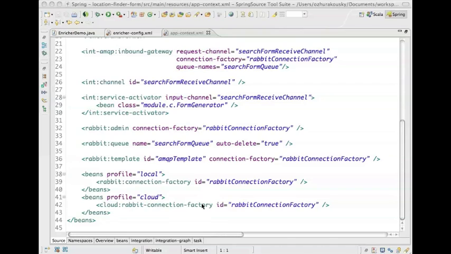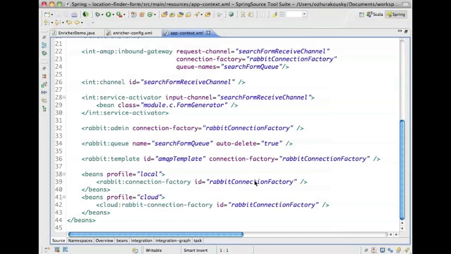And I want to be able to deploy the same jar, the same WAR file, the same way to Cloud Foundry as I do to Tomcat. In other words, I want that switch between the environments to happen transparently for me. And this is the feature of the profiles, saying when the profile is local, use this connection factory. When the profile is cloud, use this connection factory. You can see that they're pointing to the same name, but the instance is going to be different based on